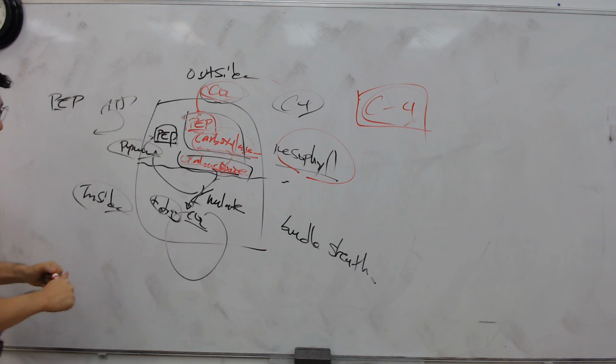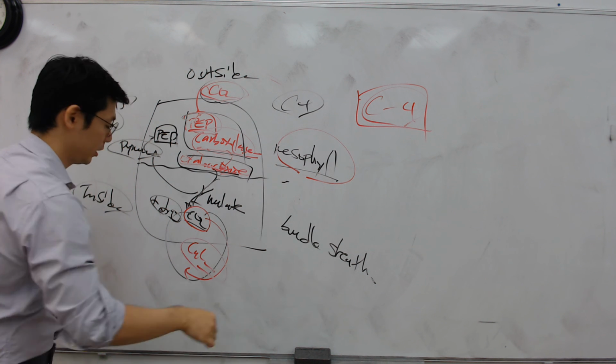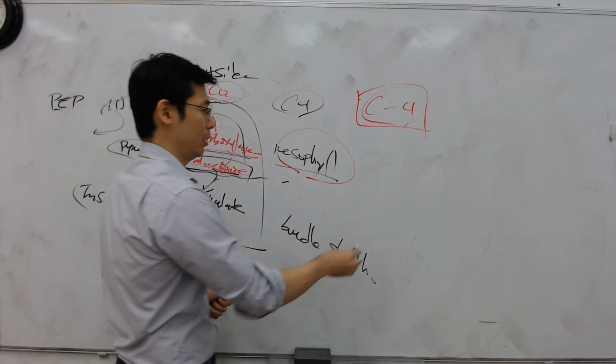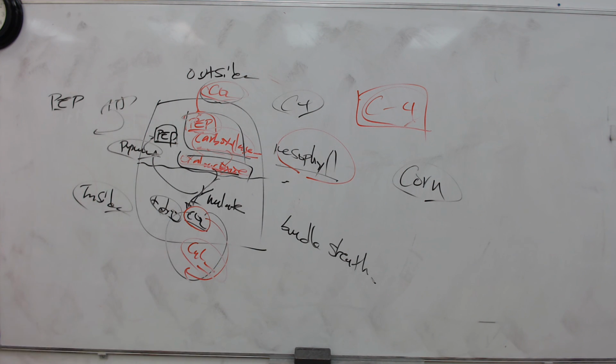The CO2 will be given, guys, to the bundle sheath, and they're gonna run the Calvin cycle and produce G3P. Some plants will run this, such as corn plant. They do this at the expense of ATP. They use energy for this. So on a good day, where do they get it from? The light-dependent reaction. Keep that in mind, guys. So this is what they call a C4 plant. They have a different mechanism of gaining the CO2 gas. Any questions, guys? Questions, concerns, let me know.